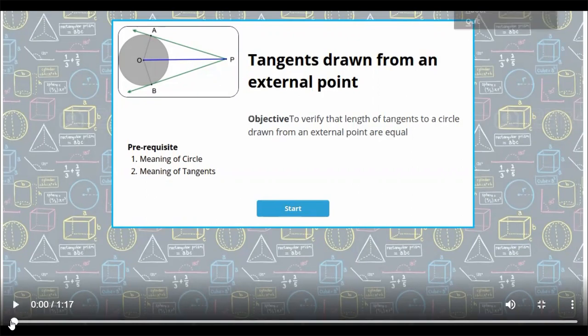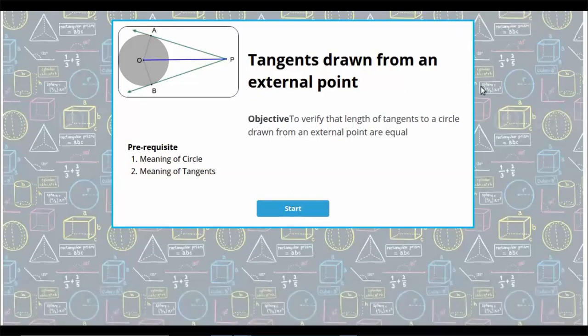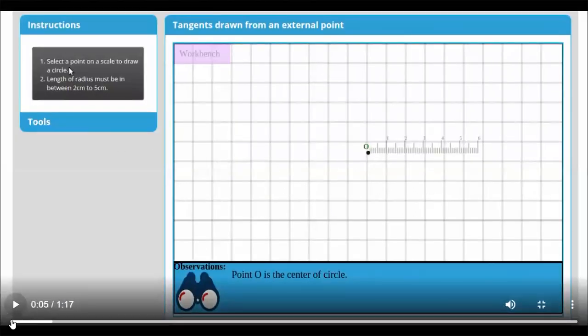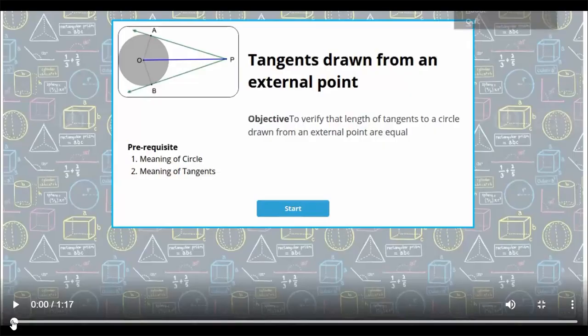You can note down. Do not ask again. Listen again. Aim. Second point, prerequisite. Third point, materials required. Fourth point, procedure. Fifth point, observation. Sixth point, result. In the result, you will write whatever practical you are doing, and then write, hence it is proved that the lengths of tangents to a circle drawn from an external point are equal. Okay.